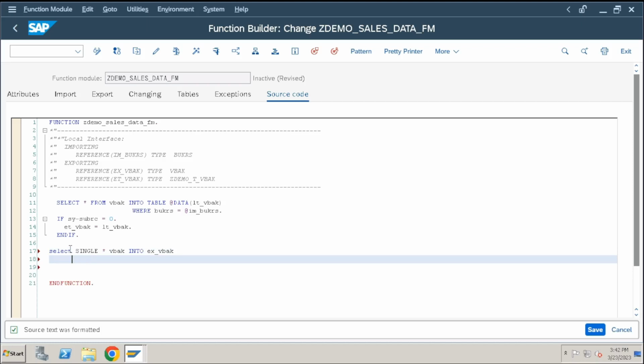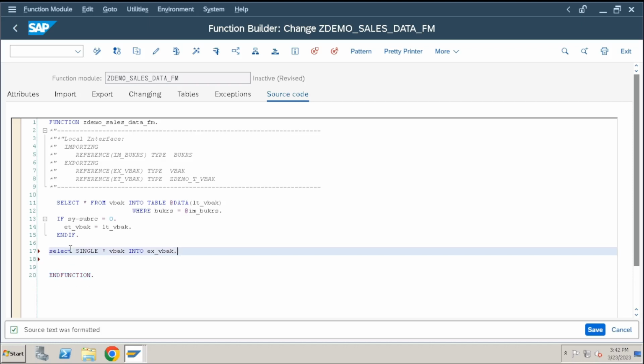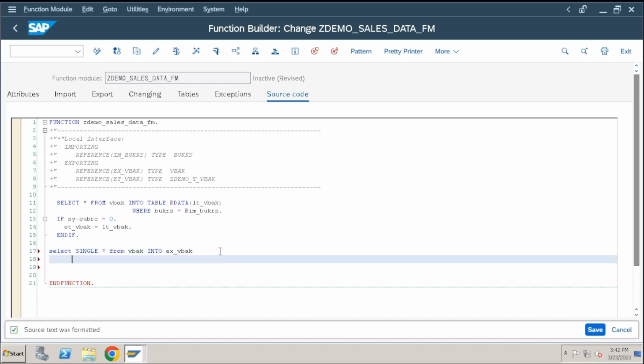Select single star from VBAK where bukrs equal to,